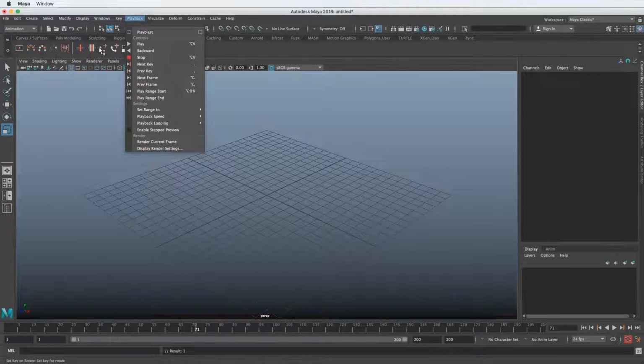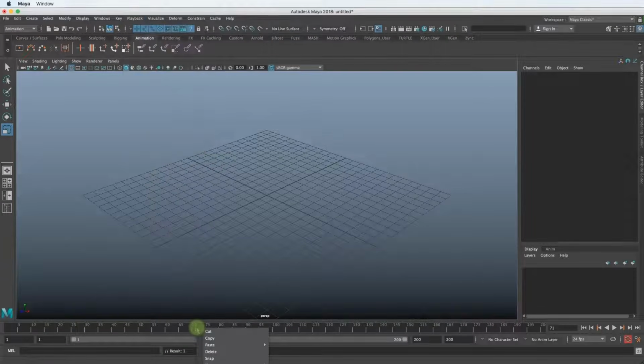So for example, with Play Blast, I could actually even right click on the timeline down here, and it's off the screen. But if you do this in your Maya, you can go down to the bottom and you can see an option for Play Blast again. So Play Blast, for example, is in 3 different places. This is also another reason why not to get overwhelmed by all these options, because visually it looks like there's a ton of them, but really they're just the same ones over and over in different ways.